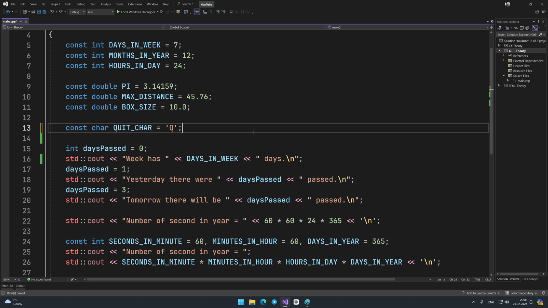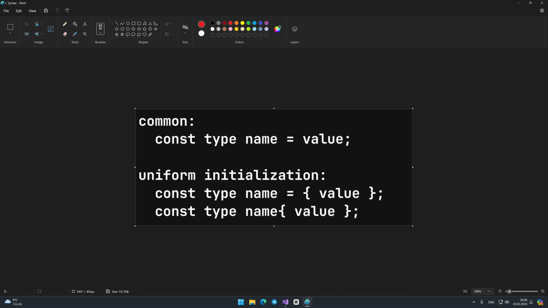Let's summarize. A constant is a named area in memory that has its own value of a certain type, which can't be changed after initialization. When you create a constant, you must give it a value. This value can't be changed subsequently. Create constants when you see fit. For example, when you want to indicate the size of an array using a constant, or when you want to architecturally emphasize that this is data whose value can't be changed. And that's the end of this lesson.